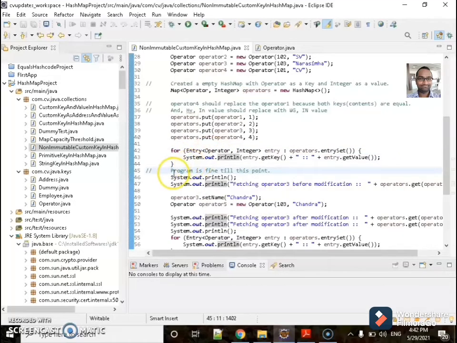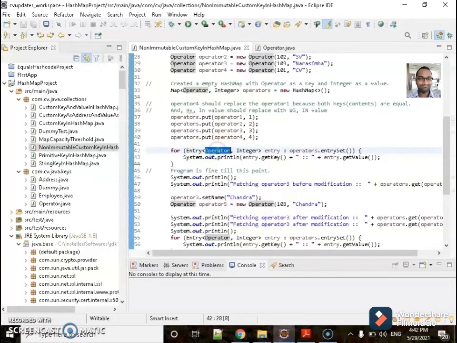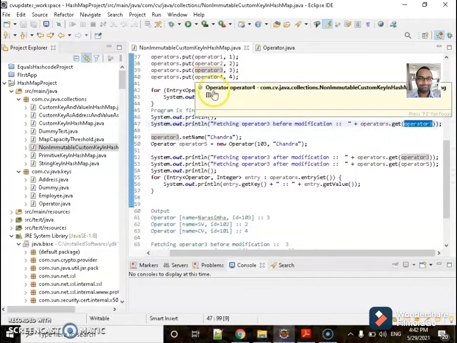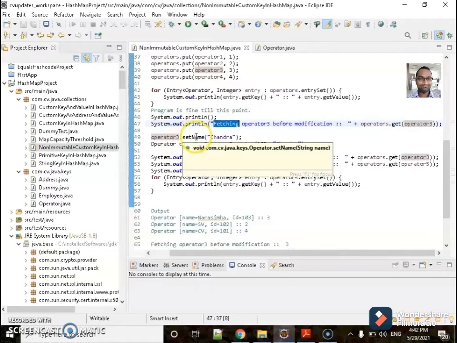If you can see, the program is fine till this point. Though we have written a non-immutable class and we are using a non-immutable key, till this point the program is fine. I'm trying to fetch operator 3 before modifying. I think I will get the value of it.